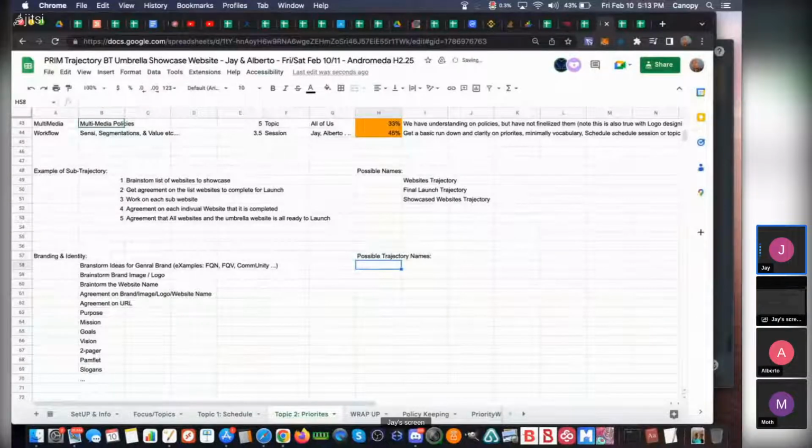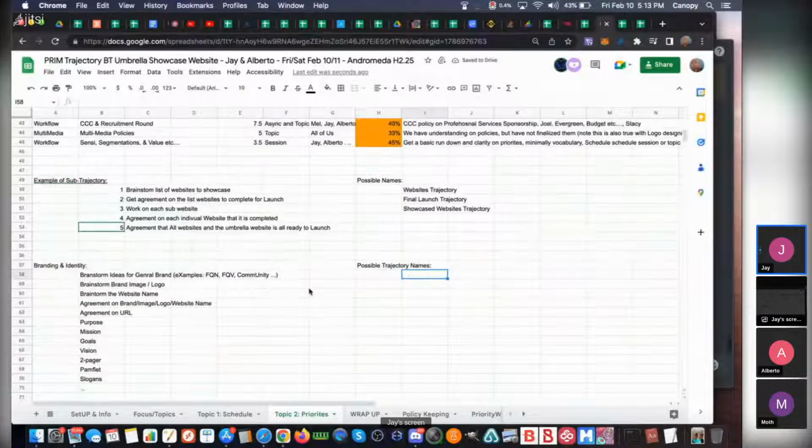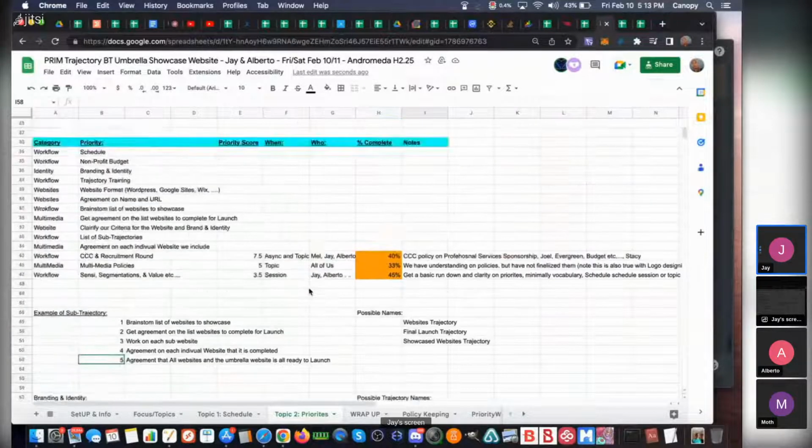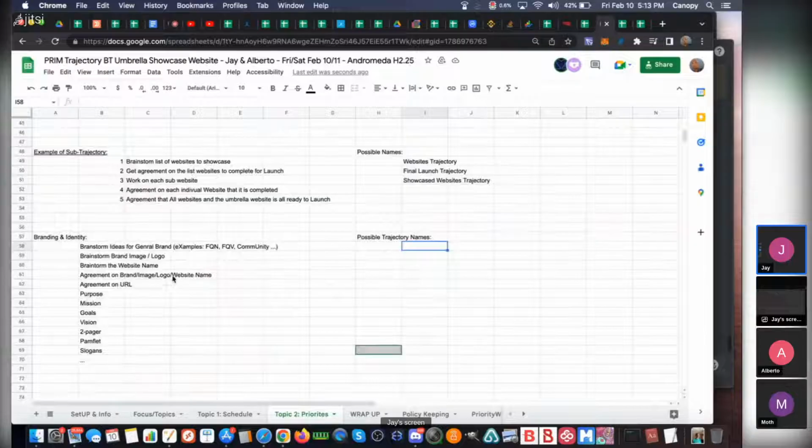This is another thing that I love about the trajectory model, is that it simplifies everything so much. Because remember, before we've had these huge laundry lists of so many priorities, and it's always the question, what's the priority going to be? Okay. So in the trajectory model, you're basically clumping together everything that obviously is in a lineage order, because it's a single trajectory, right? So like it's like the brand and identity, this all goes together.